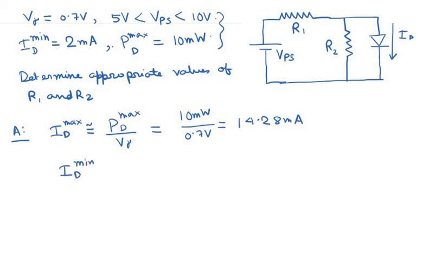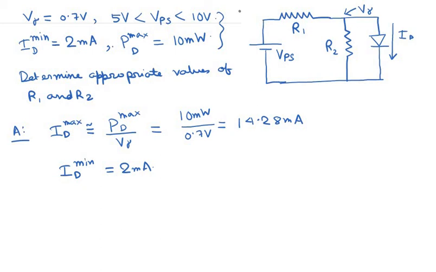This is the maximum current that can flow through a diode, and the minimum current is already given here. This is equal to 2 milliampere. I should not say the minimum current that can flow through a diode, but it is basically the minimum current that is required to keep the diode in a forward conducting state. Okay, so ID min is basically equal to 2 milliamperes. Now if this diode is in a conducting state, then we already know that the voltage drop across this diode is approximately equal to V gamma. Okay, so the voltage at this point should also be equal to V gamma.